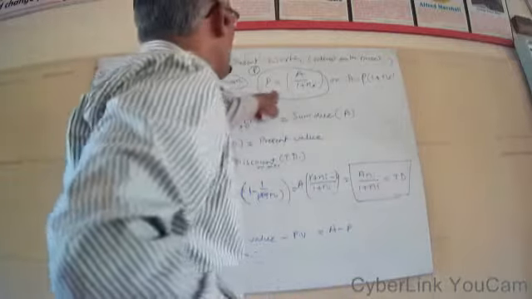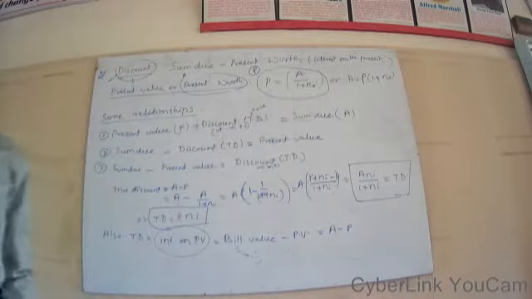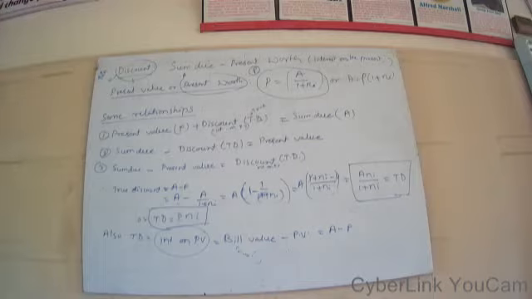Symbolically, P, which I have written here already, the present value, is equal to A divided by 1 plus Ni. A is the sum due at the end of n years, P is the present value, I is the interest on rupee 1 for 1 year, and N is the unexpired period in years. Also, we can define the true discount of a given sum due at the end of a given period as the interest on the present value of the given sum.